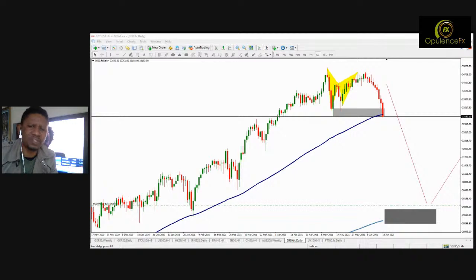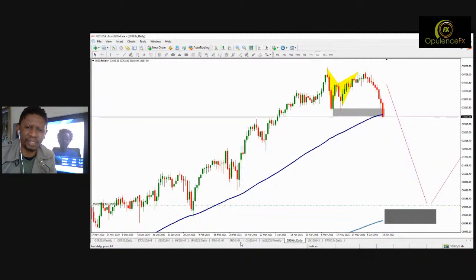Because if this dollar would continue to do what it is, that USD Swiss franc is the one that we need to monitor. The momentum has just piled, and there are no more news coming through. If there are no more news coming through, it means that the market today will be riding on some sentiments, meaning that they will be riding on what they take from the London session.